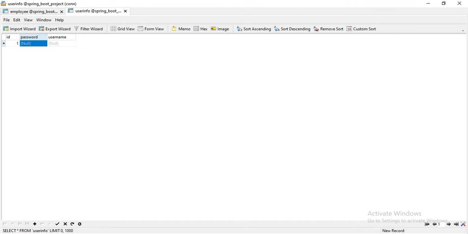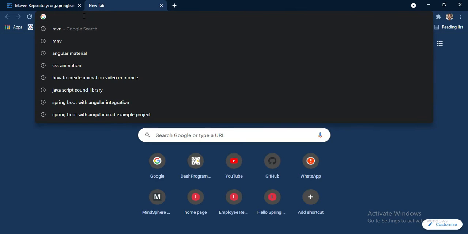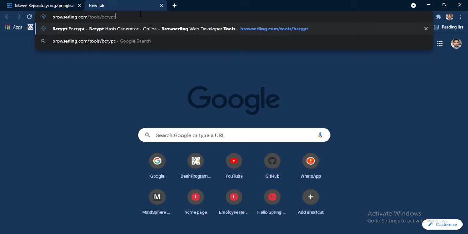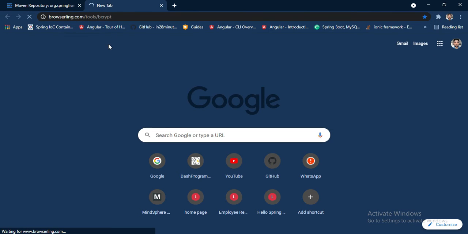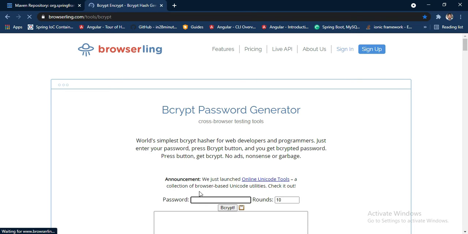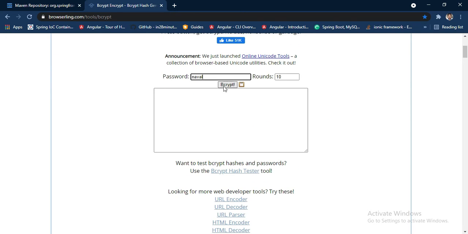For that, we have one website. I'll simply open it in the browser, and I'll provide this website link in the description. I'll simply put my name here, NAVAL, and click bcrypt.